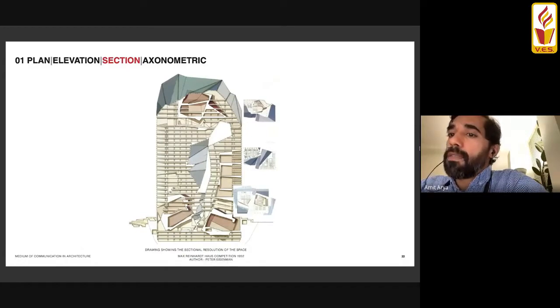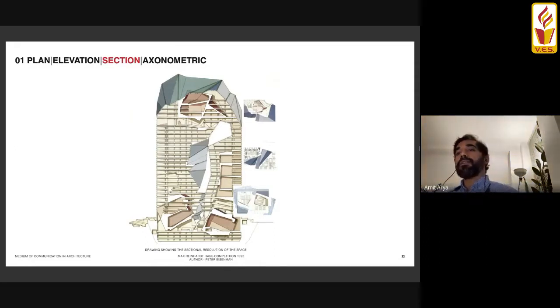Now here's an example of taking that same tool and investigating it into completely altering an understanding of what it takes to make a section and how the space gets derived out of it. This is a study for a competition done by Peter Eisenman in 1992, the Max Reinhardt Haus. In many ways, the project was very seminal, and I would urge all of you to go online and search